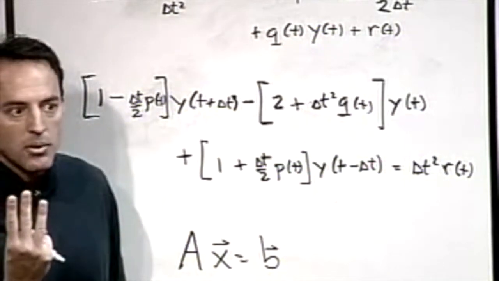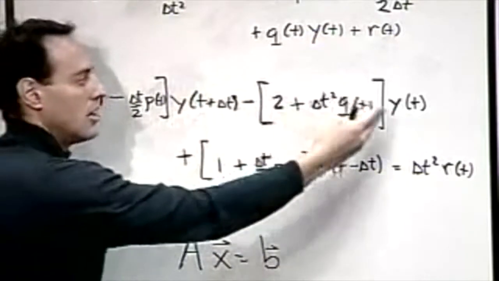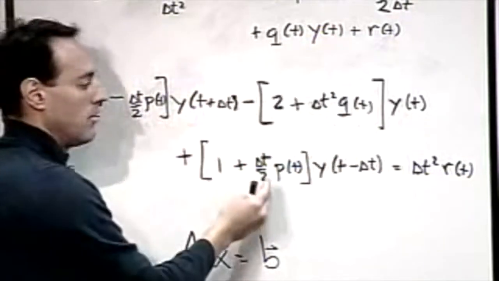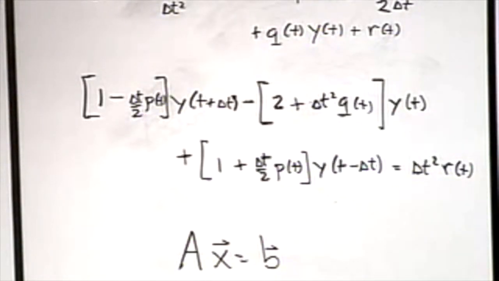Those are the only three components that matter. This is what this tells you. This is like a stencil saying, you give me a t, it depends on the point in front and behind. So when you write down your matrix A, here's what it looks like. Along the diagonals,